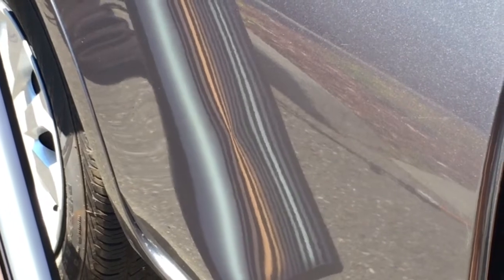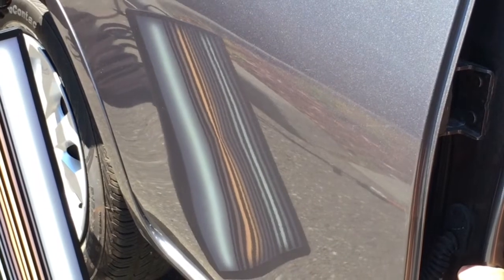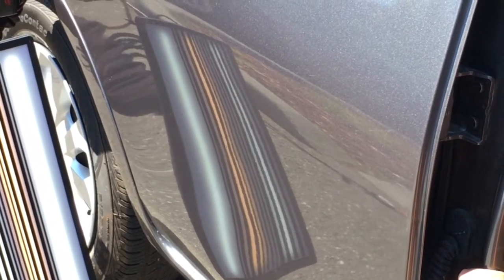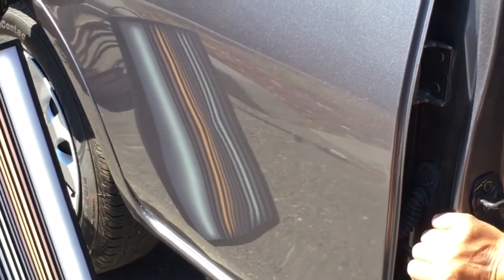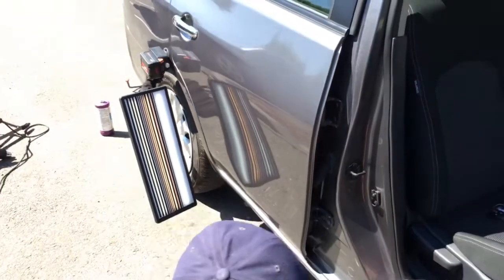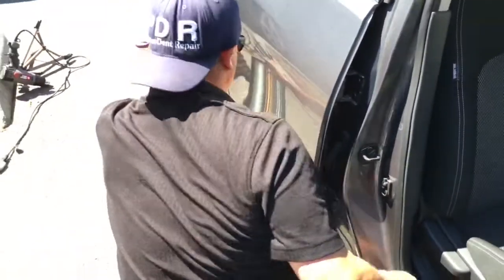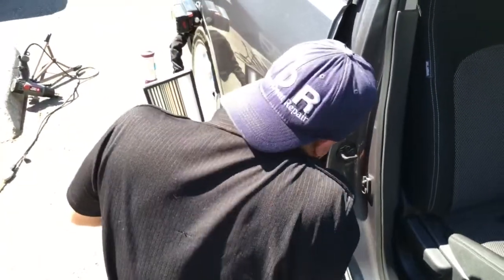And he said, okay, because why not, right? So we got this one down to a little tiny dent. It's almost 100% now. I'd say it's got a little tiny pocket, and it's definitely gone. I might even want to grab my high spotter and tap down that little tiny high that I just made, but other than that, we got that one out real nice real quick. It's got a little teeny high spot in it, but honestly I don't think anybody's going to notice that